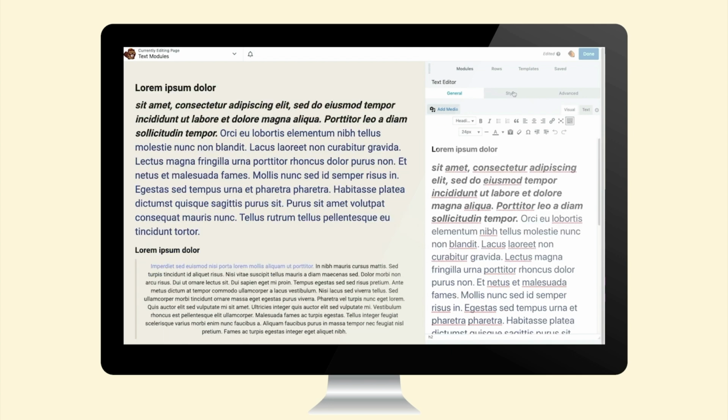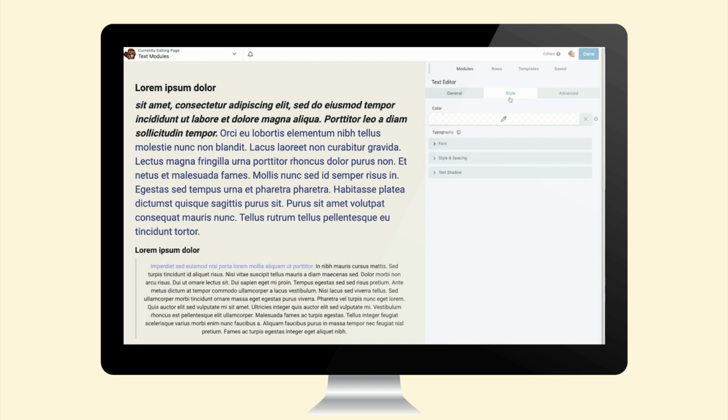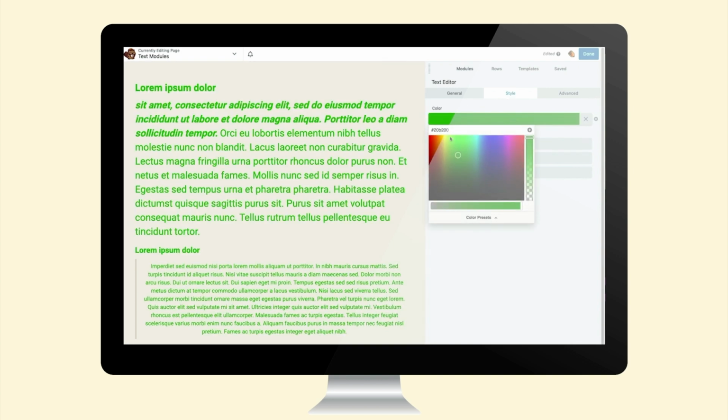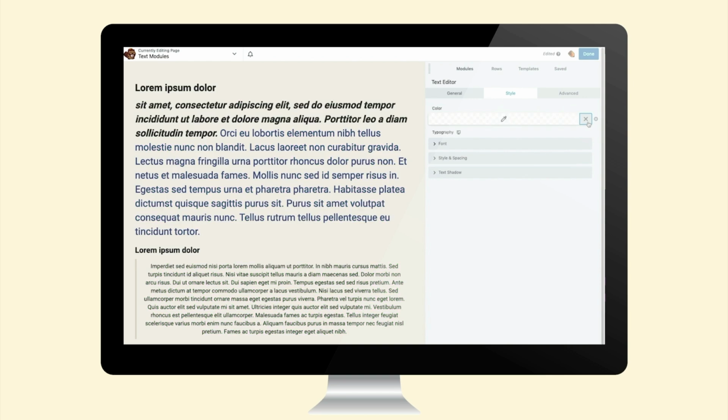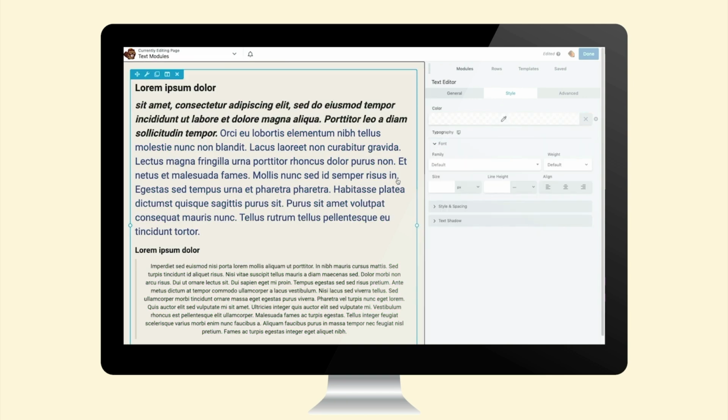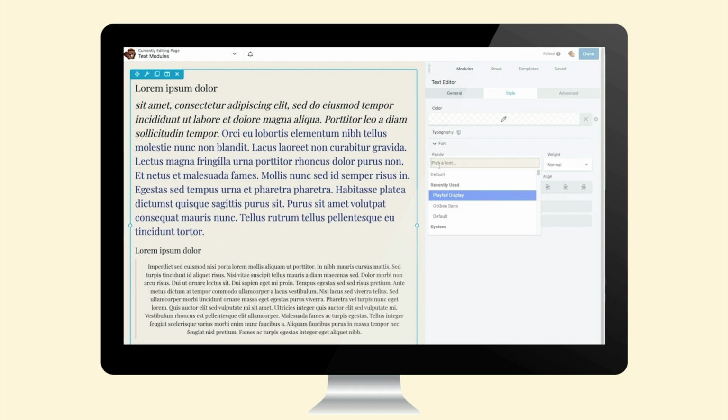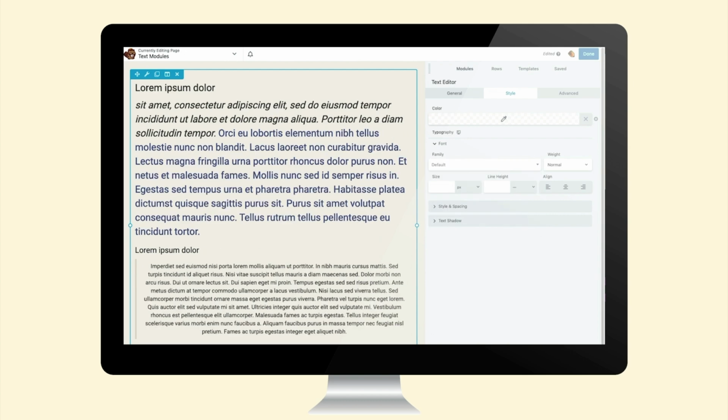Now let's move on to the Styles tab, and this is going to stylize everything on the module, not just chunks of it. So if we change the color, that's going to override colors that we've set for little pieces of the text. So the best way for you to learn what's available to you is to just poke around and experiment. And all these fonts here in Beaver Builder are coming from Google Fonts, so let's go browse fonts